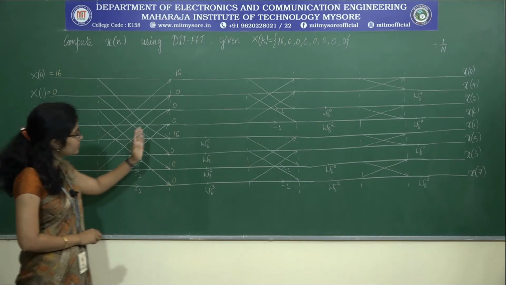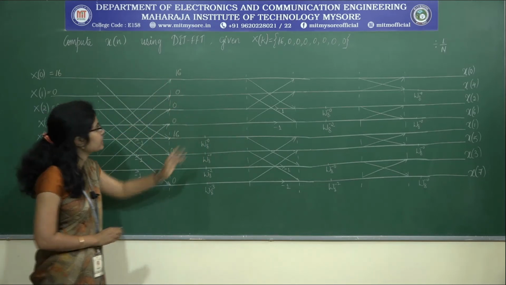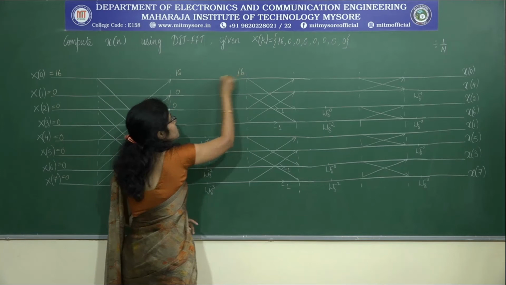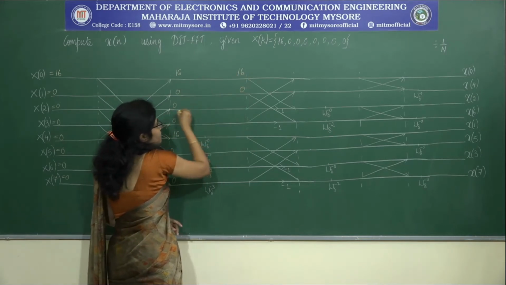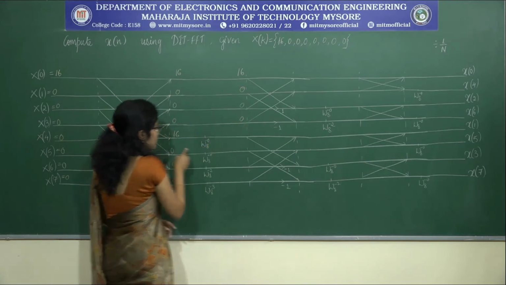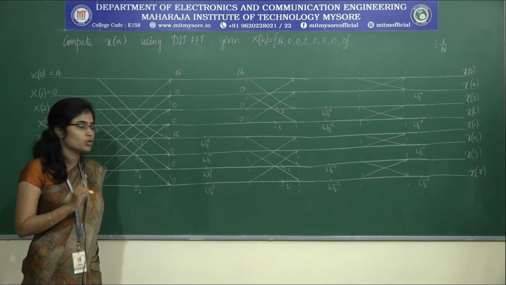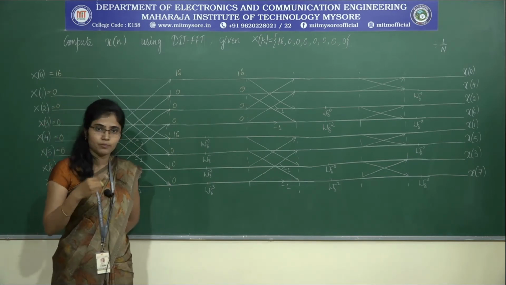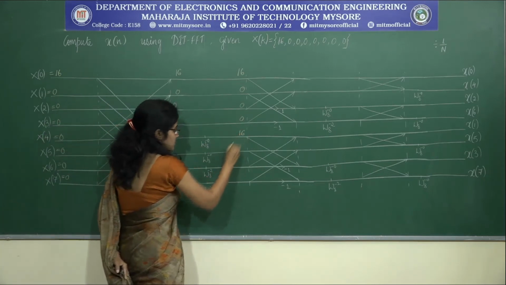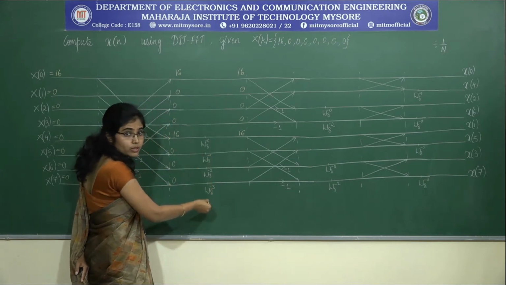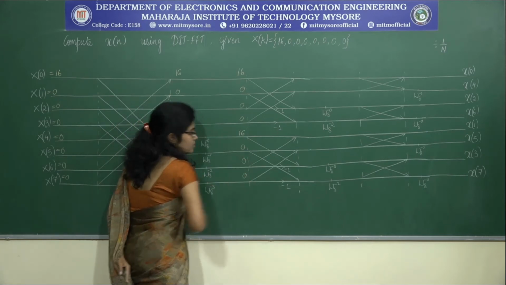Now we are ready with the output of the first stage, let me write the input to the second stage. Since nothing has to be multiplied, 16 comes directly here, 0 here, 0 here, 0 here. Again 16 has to be multiplied with omega 8 power minus 0. So omega 8 power minus 0 is nothing but equal to e power 0. We know e power 0 is nothing but equal to 1. So 16 times 1 is 16. So whatever may be the values of this twiddle factor, all are multiplied with 0. So what we get? 0.